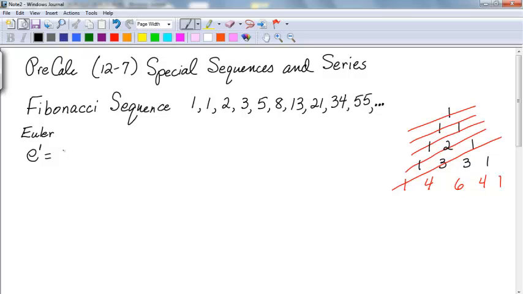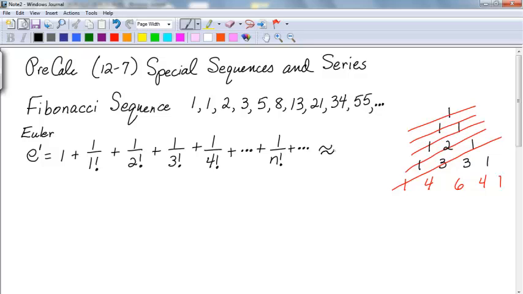e to the first comes from the series 1 plus 1 over 1 factorial plus 1 over 2 factorial plus 1 over 3 factorial, and it continues in that pattern, 1 over 4 factorial plus, and then show a dot dot dot to show it continues, plus 1 over n factorial, and then plus dot dot dot. Okay, and that series is approximately,